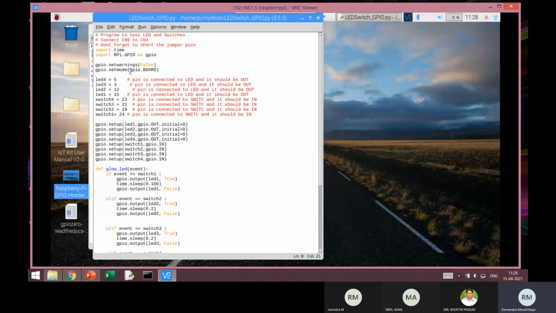Okay. So this is a very Python way of referring to some keyword which is defined inside this module. So for this program, I am setting the pin numbering as in board mode. So it will be simply the sequential numbering 1, 2, 3, 4 up to 40. Okay. And in these 8 lines,